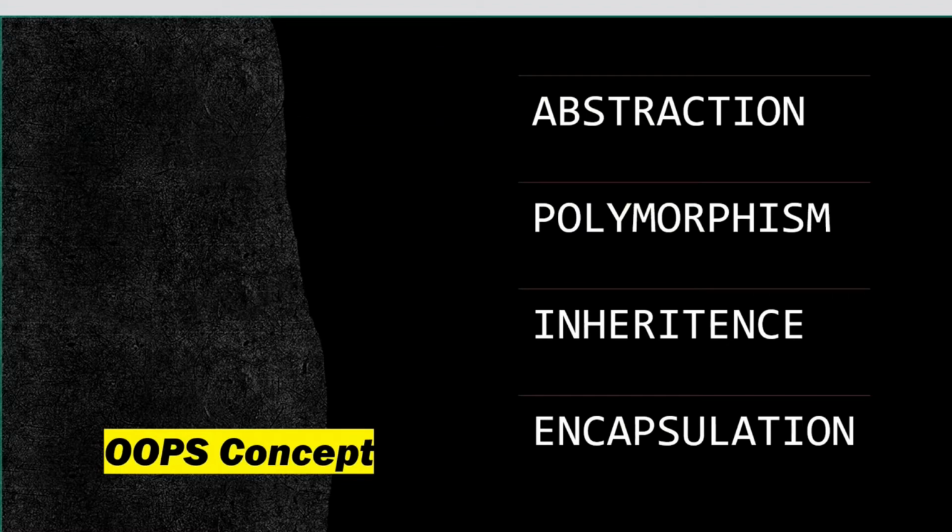Okay, so there are a number of types of inheritance: single inheritance, multiple inheritance, multi-level inheritance. All of these things we will cover in detail once we cover the topic of inheritance. Once inheritance is done, we will go ahead with encapsulation. What is encapsulation? Encapsulation, if we define it, is data hiding.